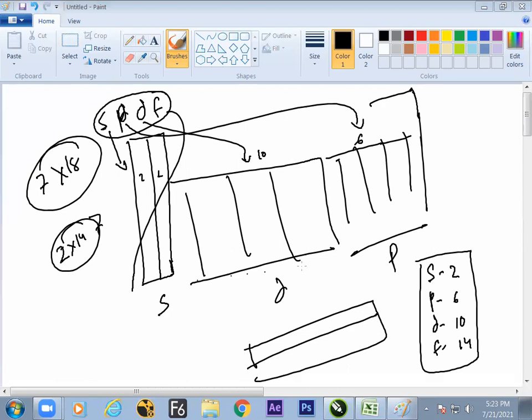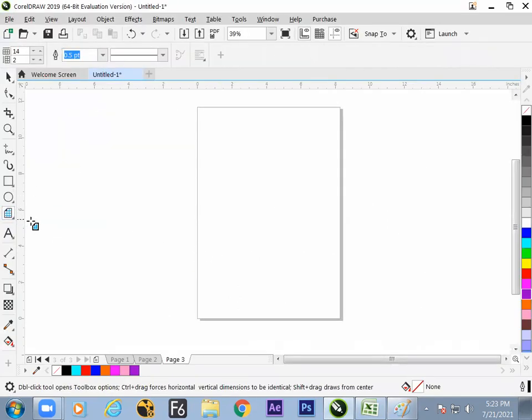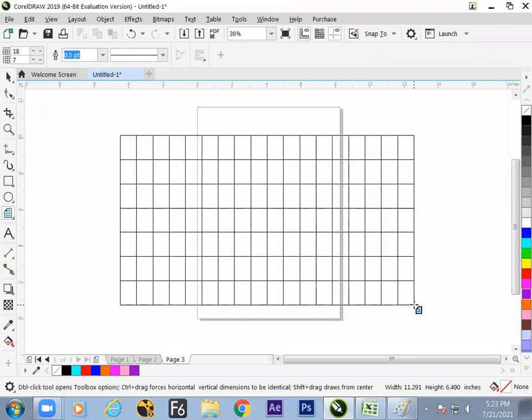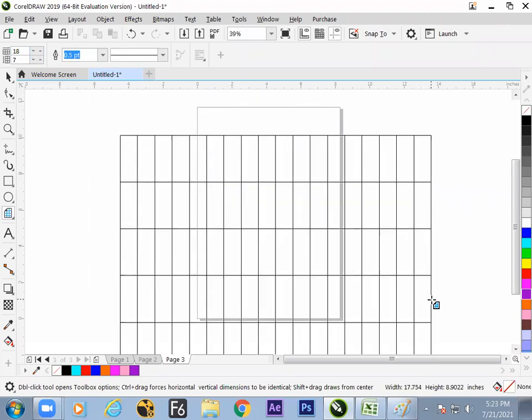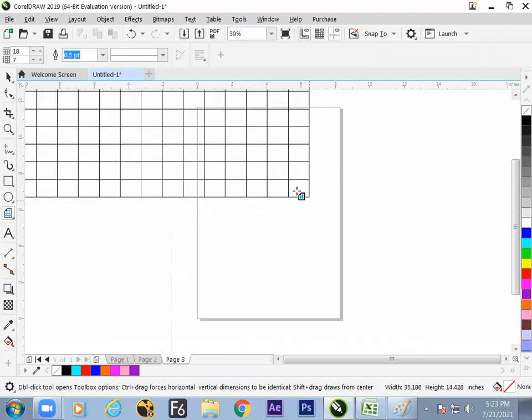So roughly you got to know this is the first thing. A 7 by 18 graph has to be done first. As you got to know, this graph tool can help us make the graph. So these are your columns. How many columns are required? 18 columns and 7 rows are required. So here you can draw like this with the Control or Shift button.